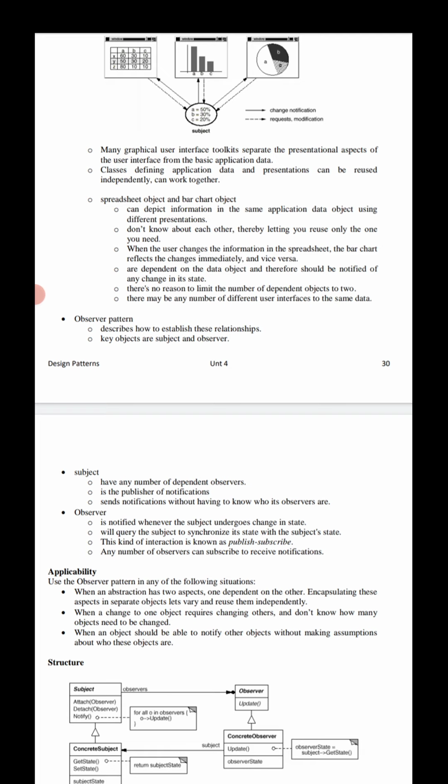It sends out these notifications without having to know who its observers are. In the sense, any number of observers can subscribe to receive its notifications. And this is the best motivation section of the observer design pattern.